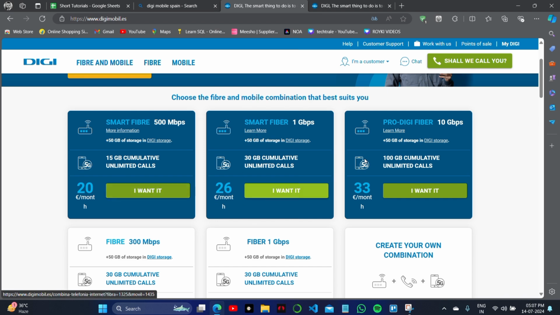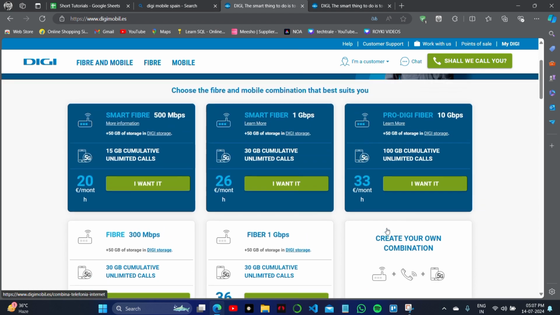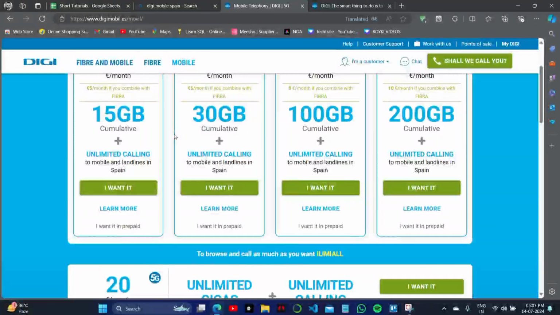SIM card or fiber. To get this, you can read the charges and the benefits also: free fiber, 300 Mbps speed, 1 Gbps speed, and create your own combination. So, what you have to do is simply click on I'm a customer on the right top of the screen,